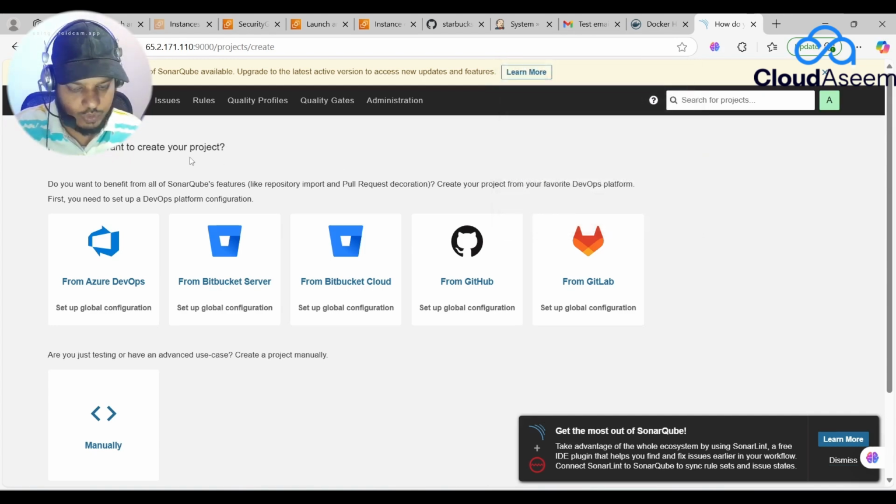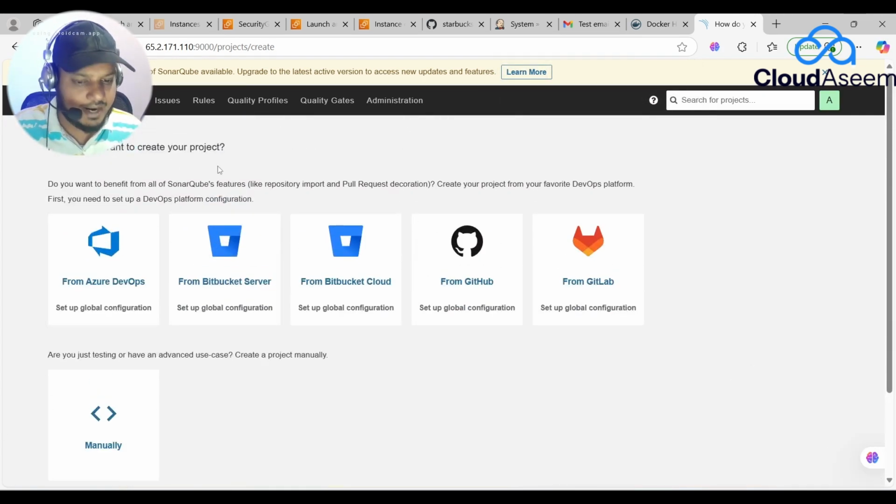So we have added it over here. Now we have configured SonarQube, right? So we don't have any existing projects over here. Now, in order to communicate with GitHub, as a global configuration, what we need to do, we